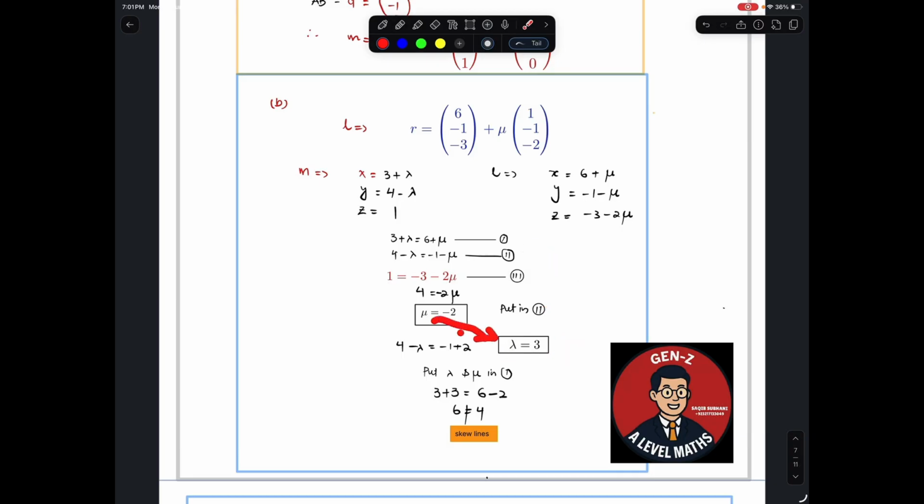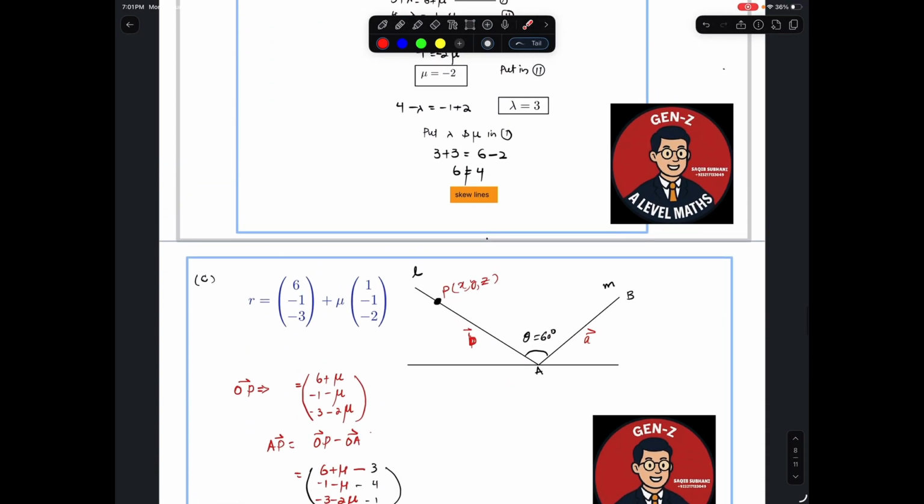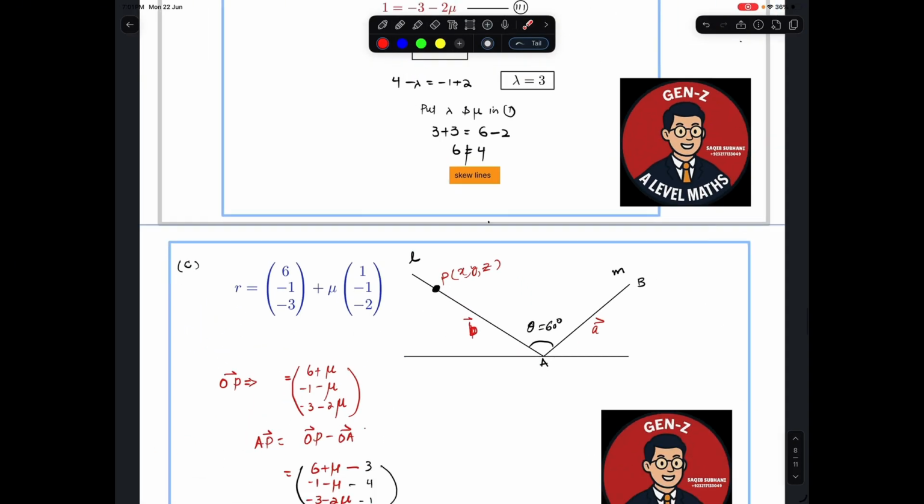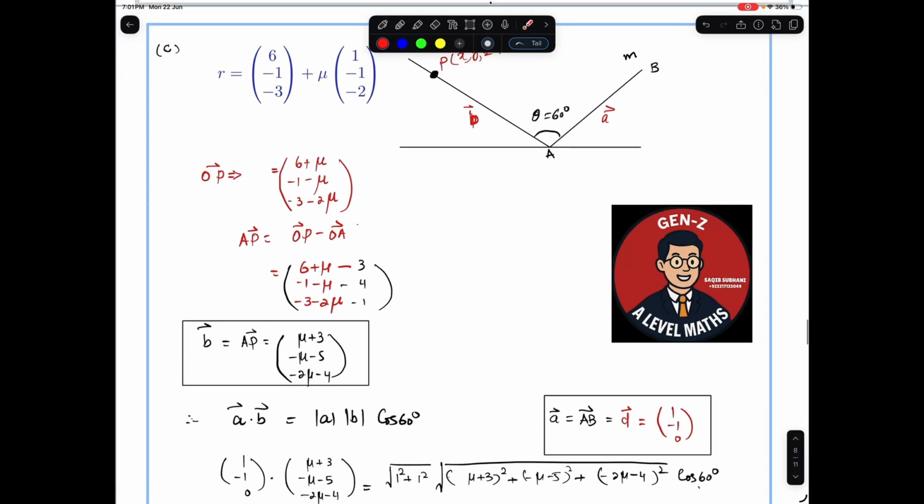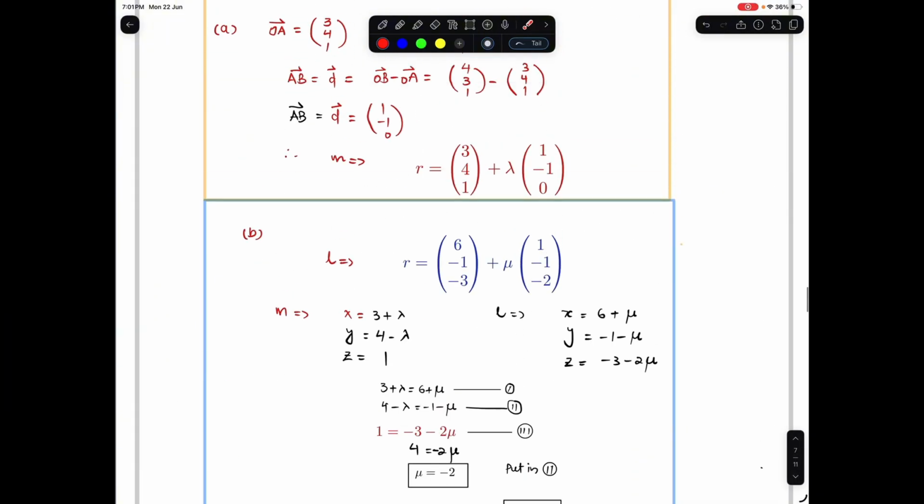ये दोनों म्यू और लैम्डा की वैल्यूज़ जो हमने इसमें पुट की 1 में, तो अगर ये लेफ्ट हैंड साइड राइट हैंड साइड के इक्वल है, मतलब 6 इक्वल्स टू 6 आ जाए, तो हम कहेंगे कि ये इंटरसेक्टिंग लाइंस हैं, पैरेलल नहीं हैं। बट दिस इज नॉट इक्वल टू ईच अदर, तो देयरफॉर द लाइंस आर नॉट पैरेलल, नॉट इंटरसेक्टिंग, मीन्स स्क्यू लाइंस। ओके। सी पार्ट इज अगेन